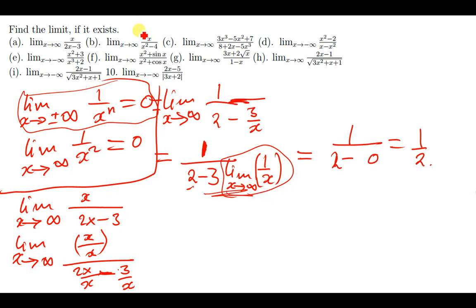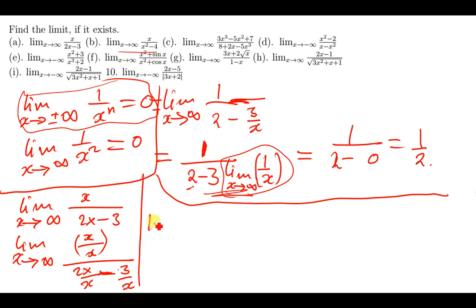Let us quickly move on to this one here. Even this one, we check the expression which has the highest degree. The one which has the highest degree is simply x squared here. So we're going to divide the whole function by x squared. So we have the limit of x over, we divide it by x squared, and then everything, even this x squared, we divide it by x squared, and we say minus 4 over x squared